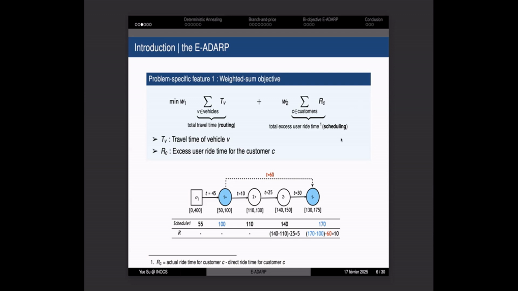For example, if this customer is delivered directly from the pickup to the drop-off, and they still have a very large excess user ride time, it may be that the vehicle arrives very, very early at the customer pickup node and drop-off node, and this customer is waiting a lot of time at the drop-off node. I think it's a case that we cannot avoid. We cannot balance it, and maybe this point can be discussed in future work,